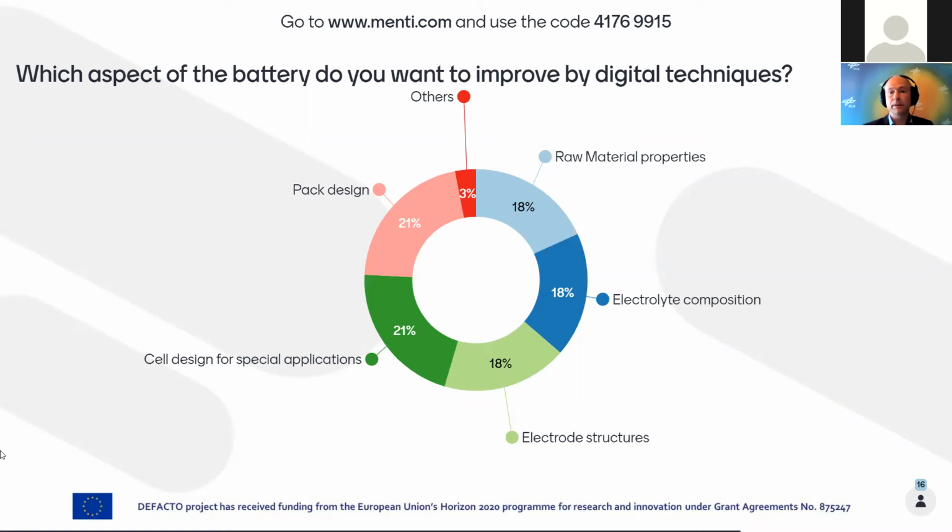Electrode composition is something I always find very difficult, since even for our modeling approach it is sometimes very hard to get parameterization, because the companies making electrolytes are very reluctant in giving any really sensible information for modeling. Electrode structures is easier to attack. Pack design, I should have mentioned, of course means thermal management and control, where the BMS is very much relevant. So here the tools are different from the electrode structures.